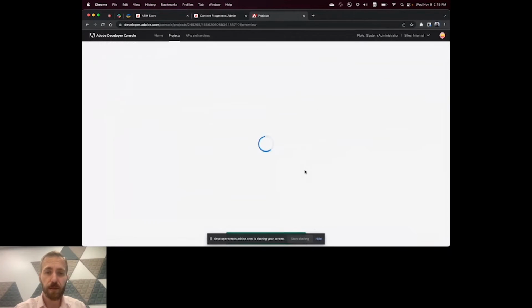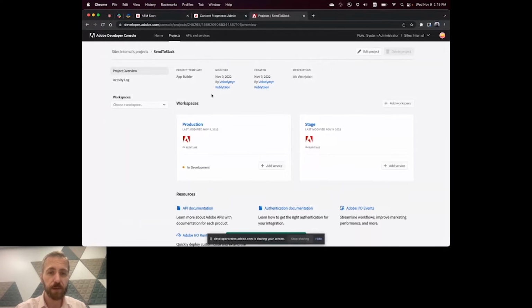As this, and after this, we'll have our script running, and the project is created actually. The main purpose of project creation in Dev Console is to provision all necessary resources in Adobe infrastructure, in Adobe Cloud, that may be utilized to build applications. So far, we can see that we have two workspaces, production and stage, and both of these workspaces have underlying resources needed for development. For example, we provide runtime, Adobe I/O Runtime, which is a serverless platform for executing